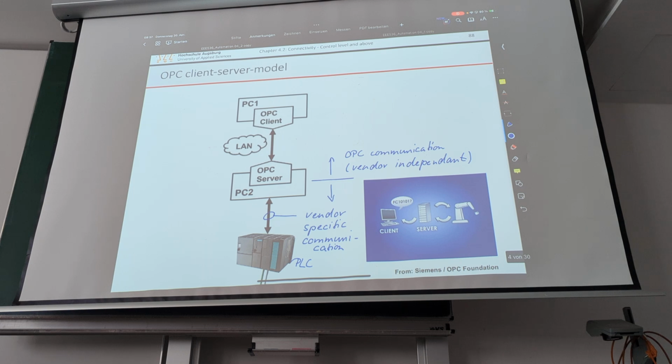And the idea is we have this cyclic communication on the PLC level, and we have a server in between that allows us to be connected via standard IT technologies, and the client just initiates the communication to the server, and then can read, write, monitor process values, and execute commands in the field. So the first thing we do is we initiate the communication